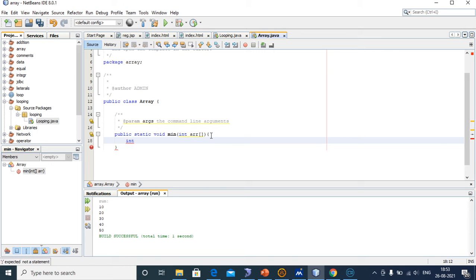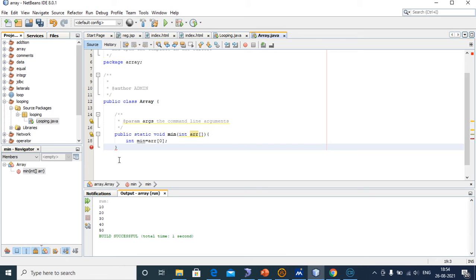Now int minimum equal to arr array 0. This is creating a method based on the parameter.